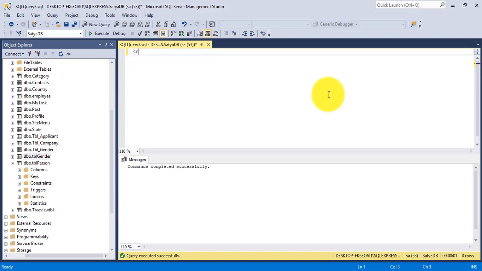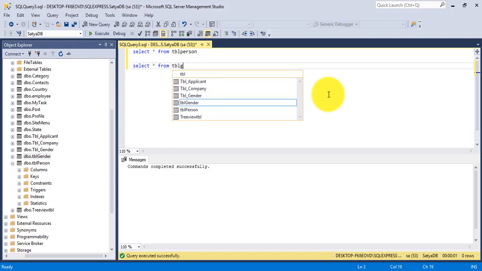Okay, now I have inserted a few records here. I'll show you: select star from tbl person, and another one is select star from tbl gender.